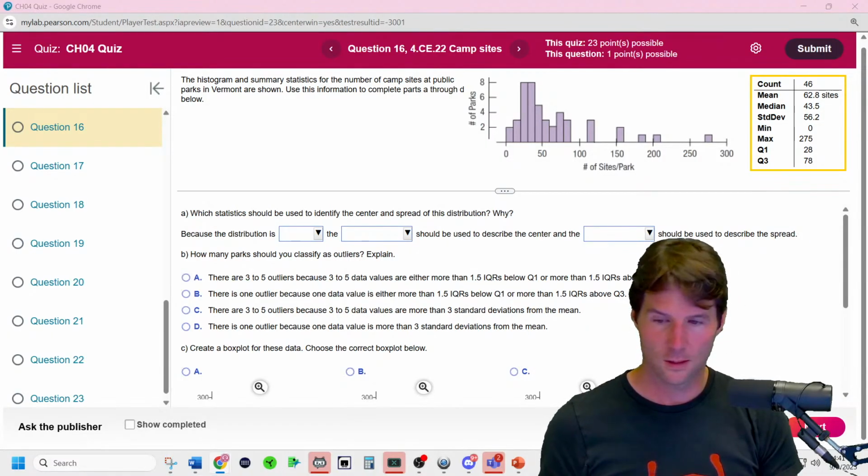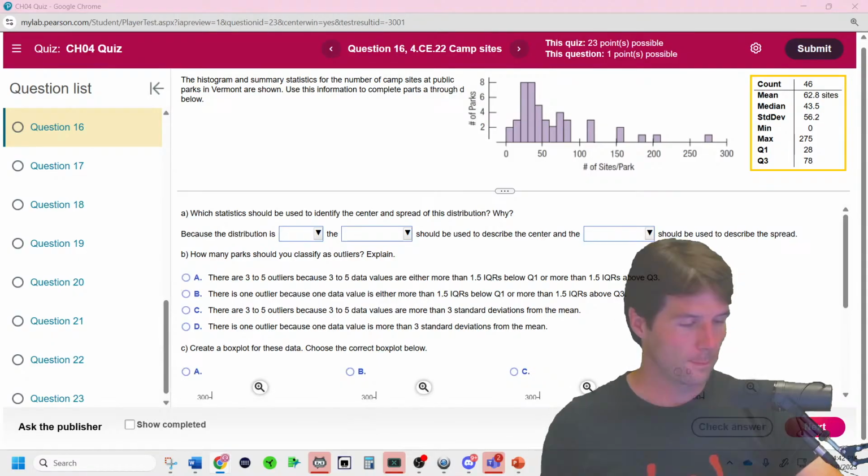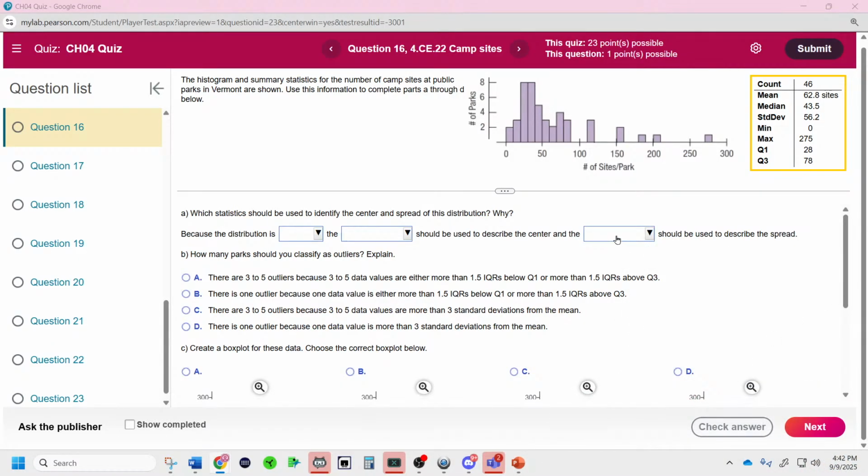And the histogram and summary. Okay. Here we go. So we have the necessary components for the 5-number summary over here to draw a box plot, which they'll have us do down below. So because the distribution is skewed to the right, very skewed, what should we use? Well, center is either going to be median or mean. But because it's so heavily skewed,